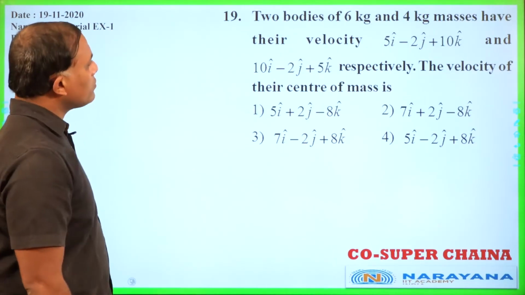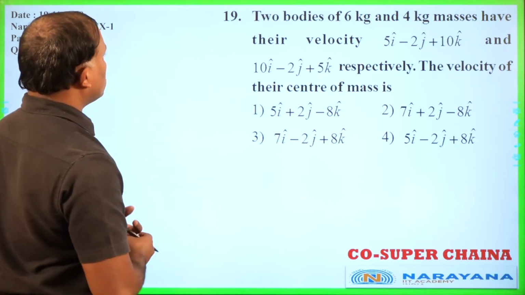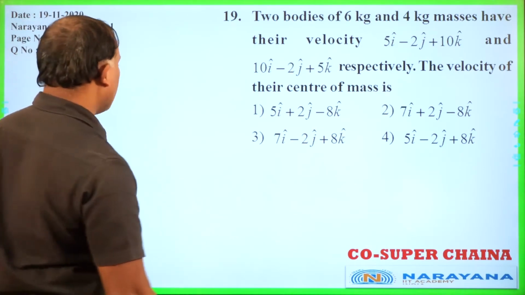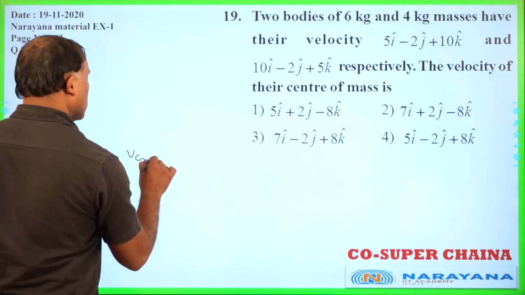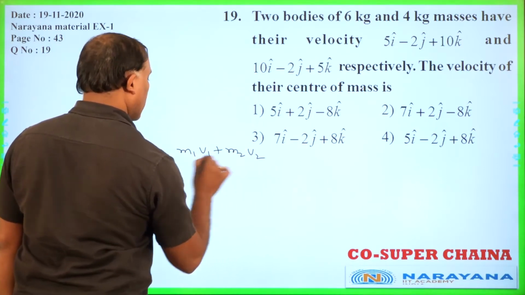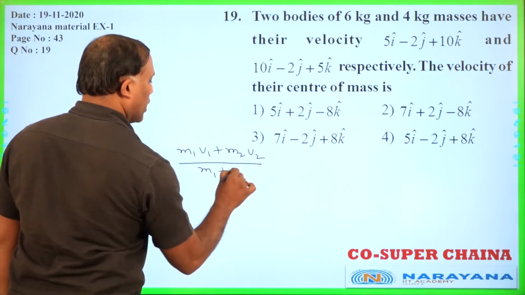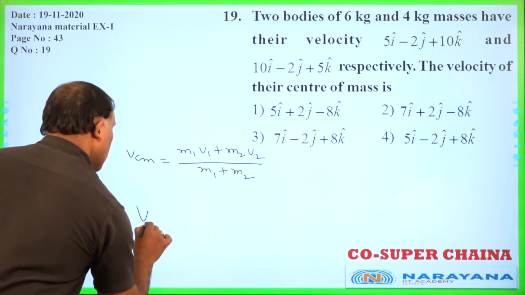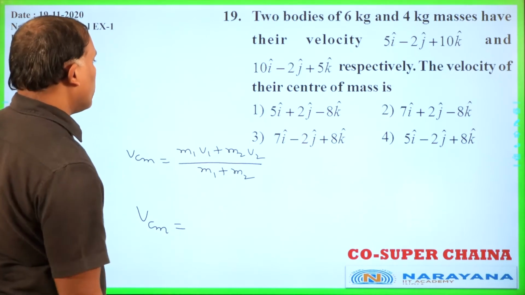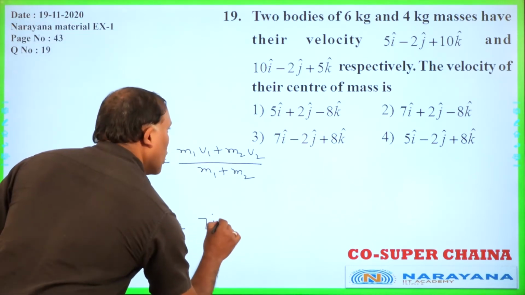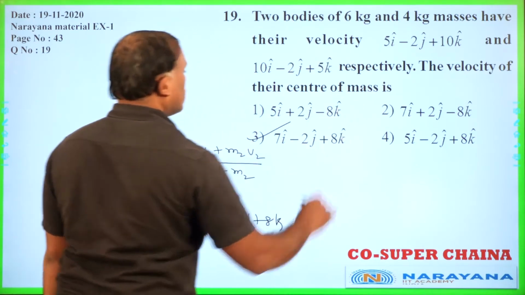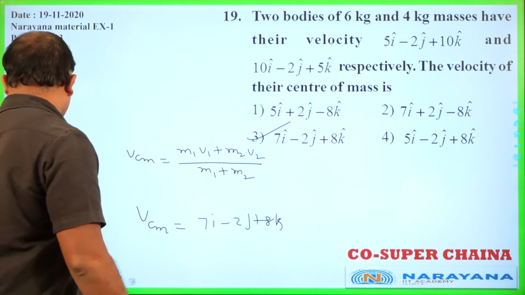Next. Two bodies of 6 kg and 4 kg with their velocities given, then find the velocity of the center of mass. Again, the same model we have seen. So, velocity of center of mass is equal to (m1 v1 + m2 v2) by (m1 + m2). By substituting the masses and velocities, we will get 7i minus 2j plus 8k. So, that is about that question. Next